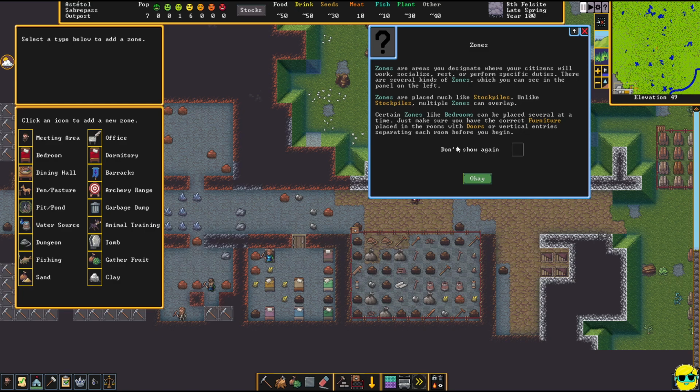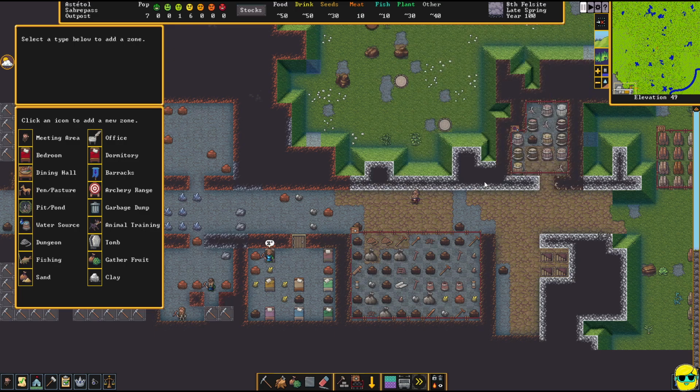Zones are placed much like stockpiles. Unlike stockpiles, multiple zones can overlap. Certain zones, like bedrooms, can be placed several at a time. Just make sure you have the correct furniture placed in the rooms with the doors or vertical entries separating each room before you begin. Okay, so I'm going to say okay, and what we want this room to be is